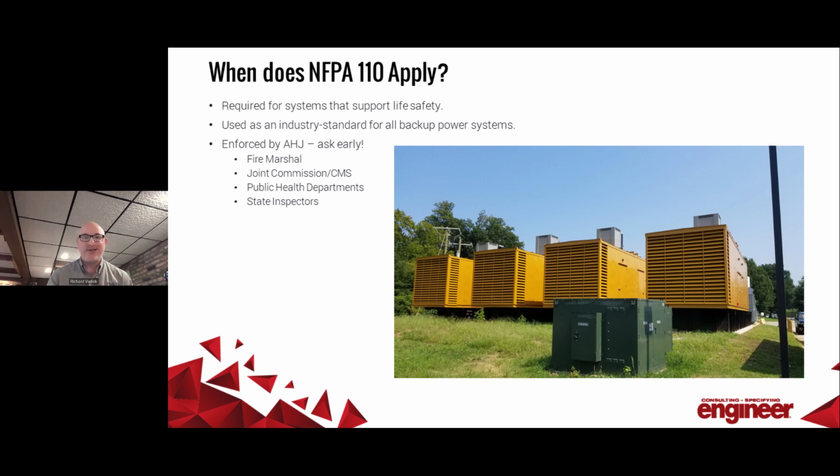You also might find auxiliary systems that maybe just power chillers, and maybe it's a good idea to reference NFPA 110 for there. You also will find AHJs that are going to support that and enforce it. So you're going to have to ask all of them, because there's more than just one. The list I have here is not inclusive of all of them, obviously. So contact them, ask them specifically, explain your project type early, and ask them, are you going to apply and require compliance with NFPA 110, and which version? And are you looking at the annex, as Tom mentioned?